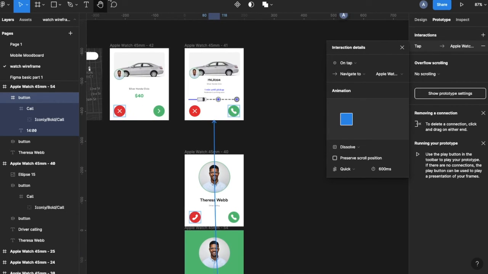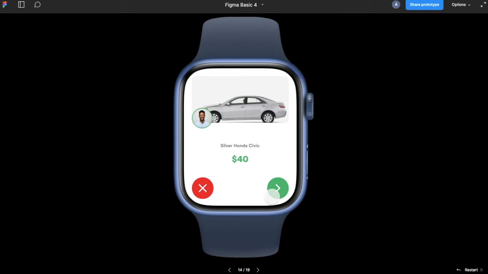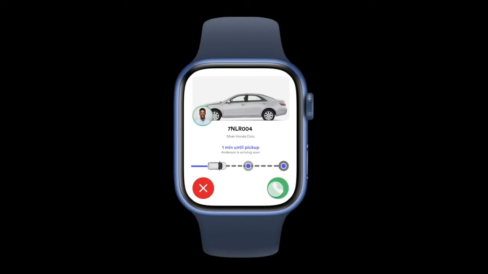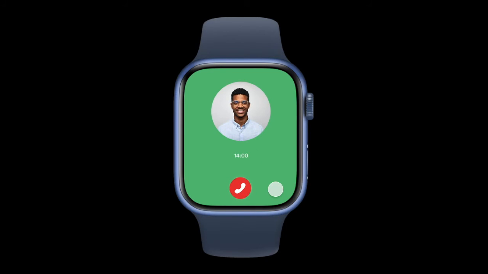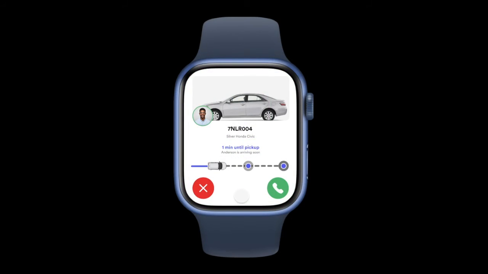So let's go back into our design. Once I click on this, I could click on the call. I could pick the call. Yay. And this could end the call. So